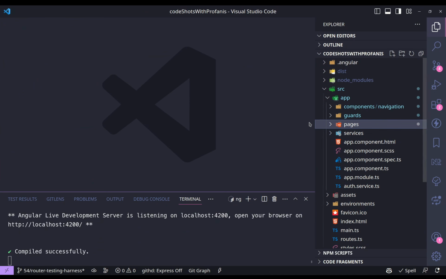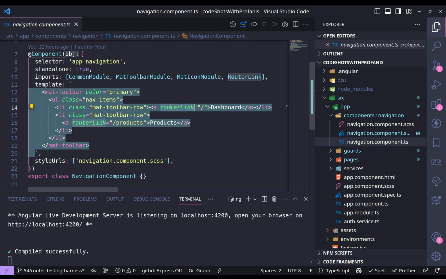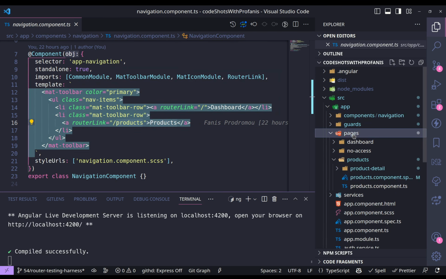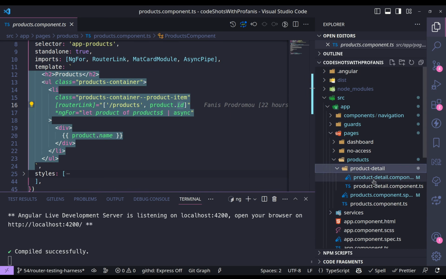Now let me show you what we have in terms of components. Here in the components we have the navigation, where we have a router link that goes to the route, which is our dashboard, and then we have another router link with /products, which goes to products. And then in the pages, we have the products component, where we have just the router link, which goes to product ID. And then we have the product detail,